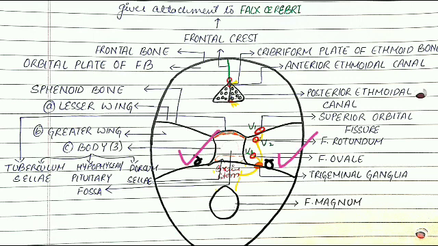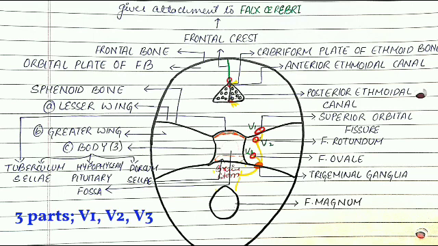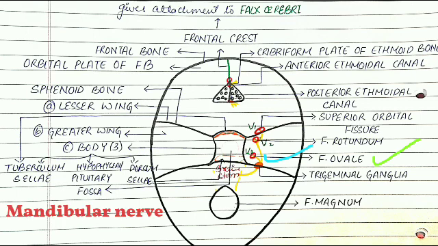Suppose this is your brainstem, that is your medulla oblongata and pons. This will descend in the form of spinal cord into the foramen magnum. From the pons arises a cranial nerve, the fifth cranial nerve, that is your trigeminal nerve. Here it is arising from the brainstem, that is the pons. Then it goes here, this is your trigeminal ganglion, and here it divides into three parts, V1, V2, V3. The third part dips down into the foramen ovale, and this is your mandibular nerve.